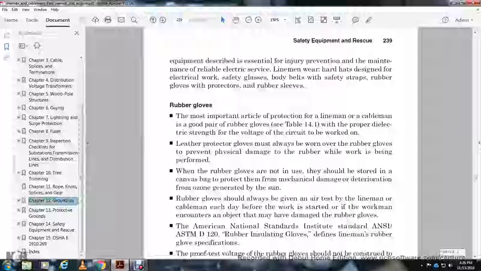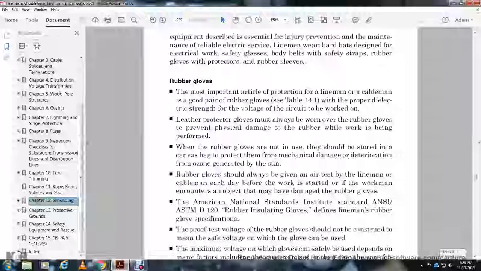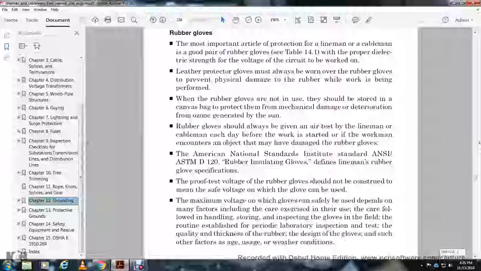Rubber gloves should also be given an air test by the lineman each day before the work is over, or if the work is interfered with by an object that has damaged the rubber glove. The American National Standards Institute specification for rubber insulating gloves for linemen sets a proof test voltage of the rubber glove, which should not be construed